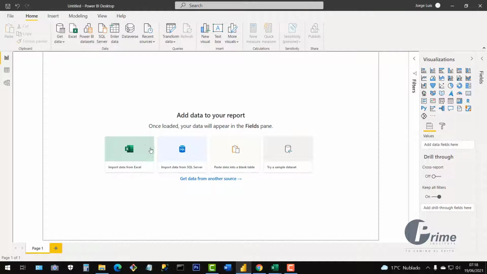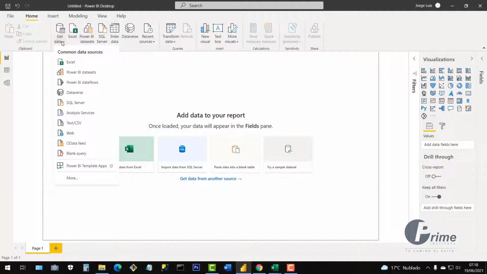Here on the Home ribbon, there is a button that says Get Data. And here you may see that you can import information from many other files: TXT, SQL servers, web files to work with the web straight. We will cover that too. And many more options. If you can't find what you're looking for here, then you can click on More,